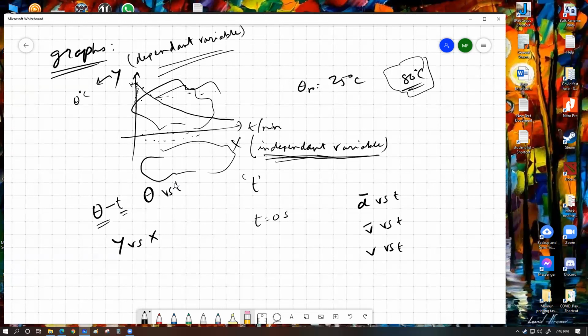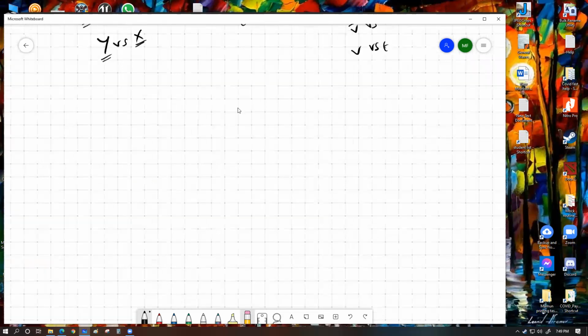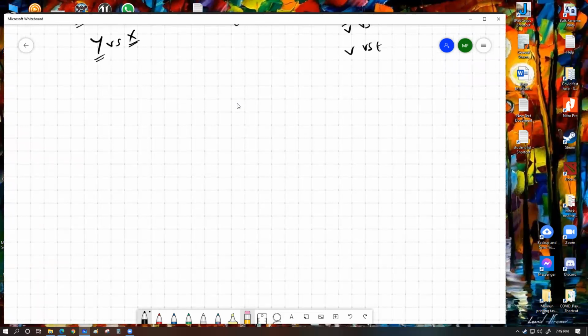It's the first thing that you have to understand, that whenever we are describing graphs, the first variable that we mention for the graph is always the y-axis variable. The second variable that we mention for the graph is always the x-axis variable. The next thing that is important for us to understand from the graph is that any graph primarily tells us